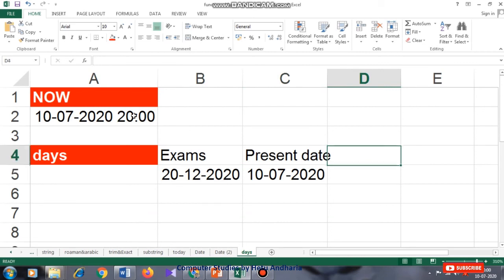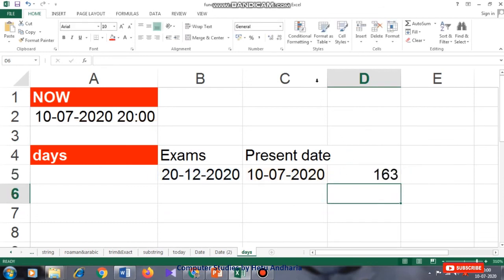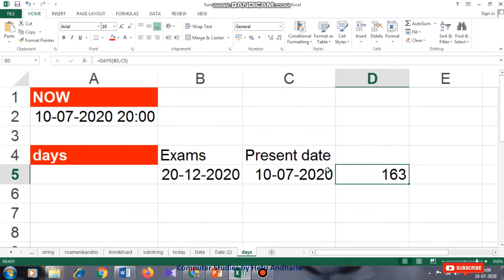Okay. Now we are going to learn the function called DAYS. Now see, DAYS and DAY, both the functions are different. Here the function name is DAYS, bracket, end date. Now which is the end date? This or this? This is the end date. So B5 comma start date, that is TODAY. So it will give the answer that 163 days are left. Now since here we have not typed the date and we have used the function, every day when you open the computer, this value will go on changing. So exactly we will come to know how many days are left.